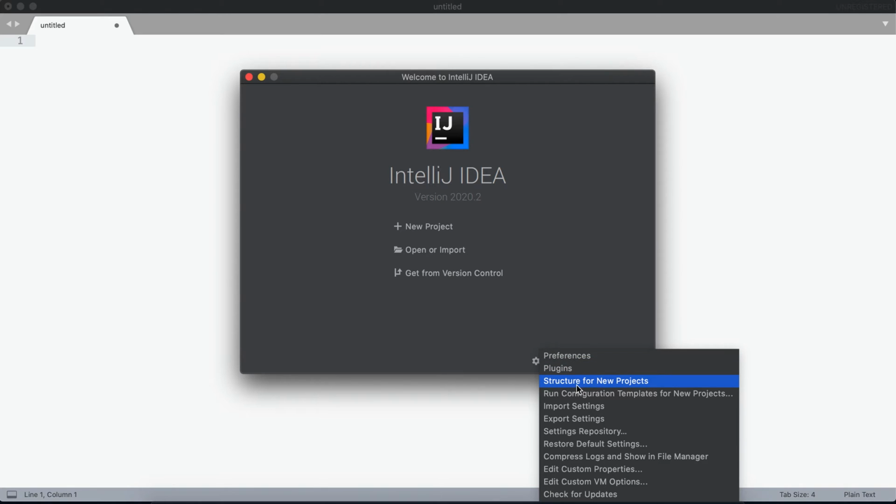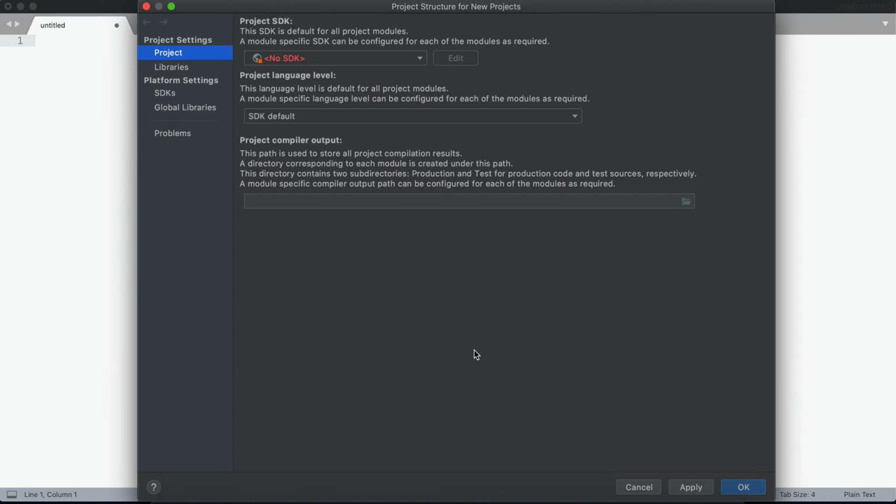Let's click this option, and that will open the project structure for new projects window. There are a couple of basic things we should always concentrate on. In this case we have taken the Java example. The basic thing you need to develop a Java project is the JDK installed on your machine.